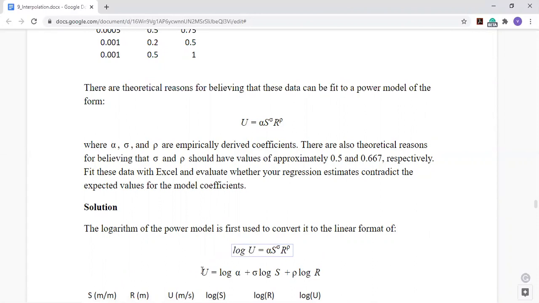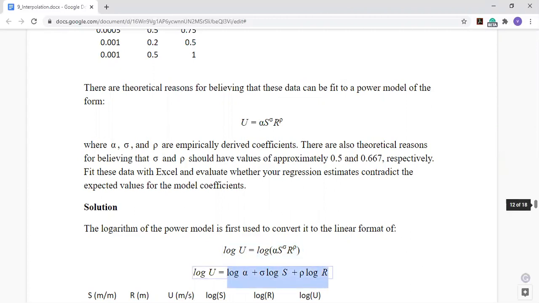There's supposed to be a log here. It's given by this expression. If you do the log of all of this and you break it down,